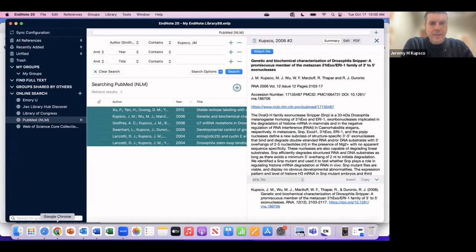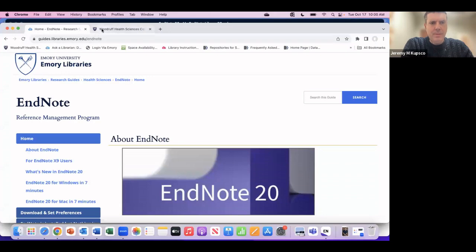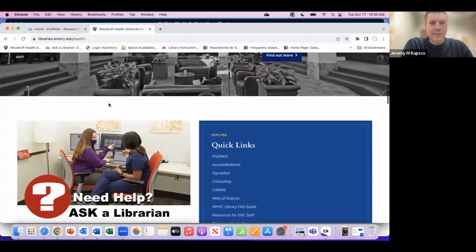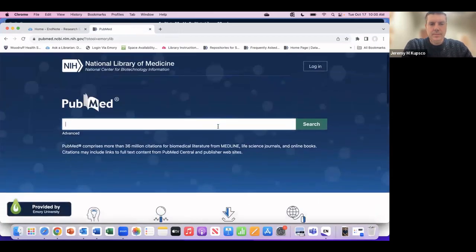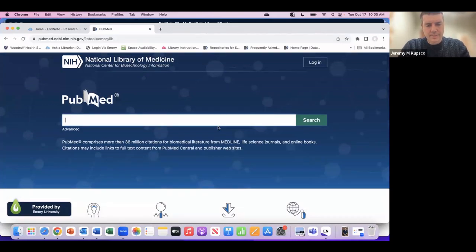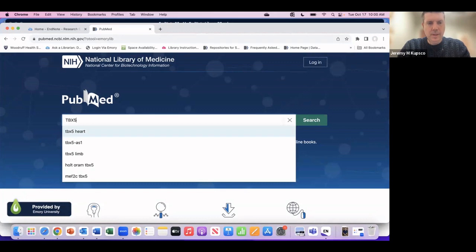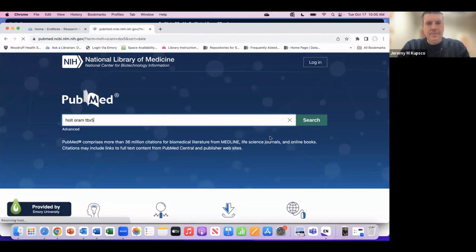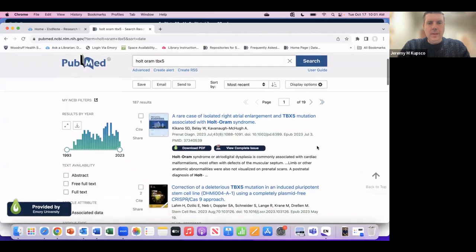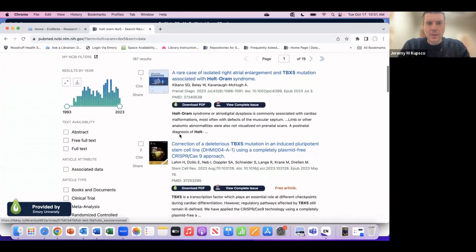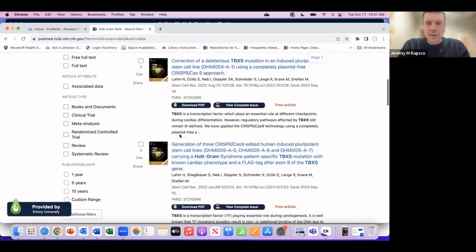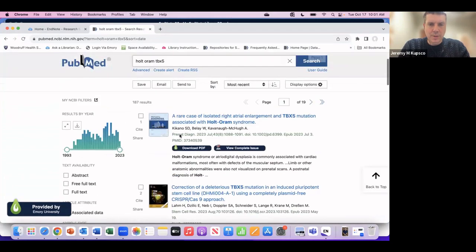Okay, the second way is to go to your favorite search database. For this example, I'm going to go back to the Health Sciences Library website and go to PubMed and do a search here. I have a plugin on my browser that helps get the full text quicker called LibKey Nomad that you can get from the Chrome store. That just might be why my PubMed looks a bit different than what you have.